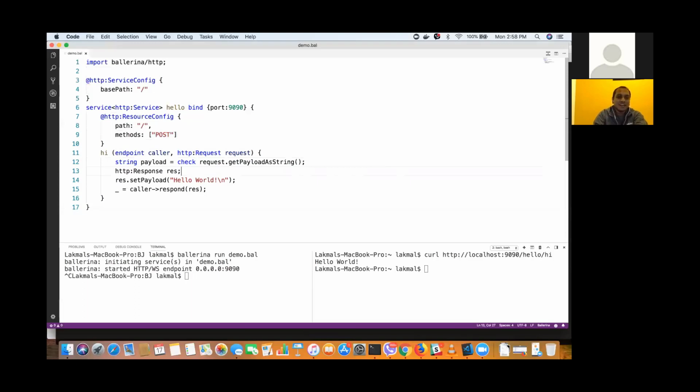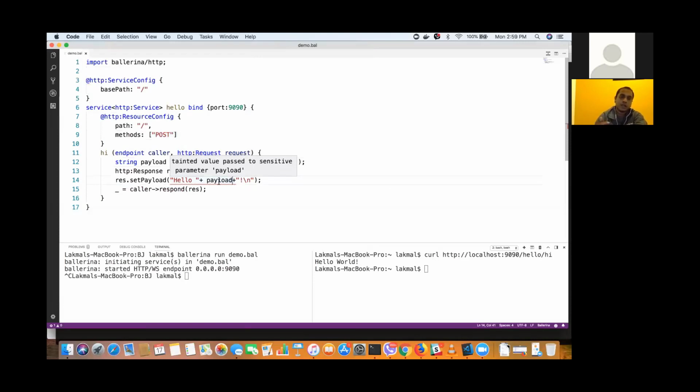Okay, so I just set the payload string from the request, and I can set hello, then set the payload here. Now there's a yellow underline, because Ballerina comes with security by default.